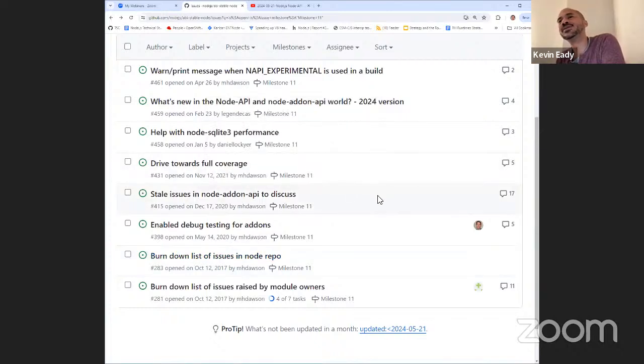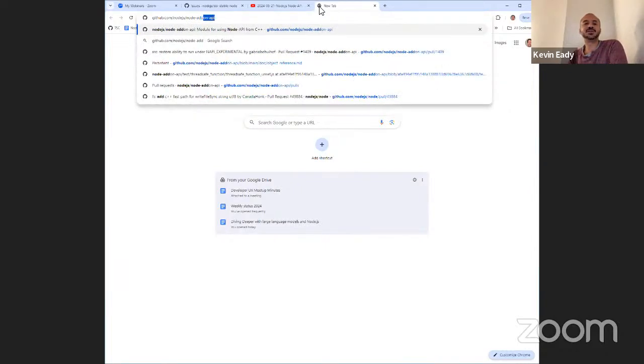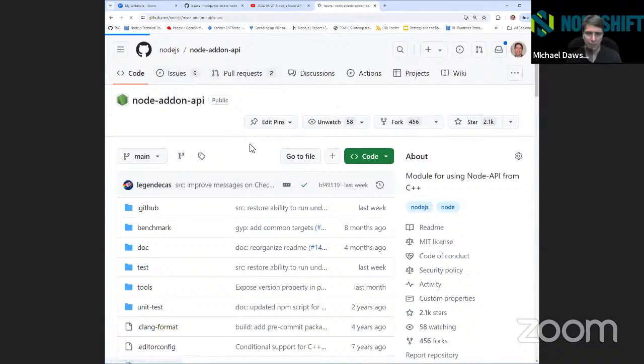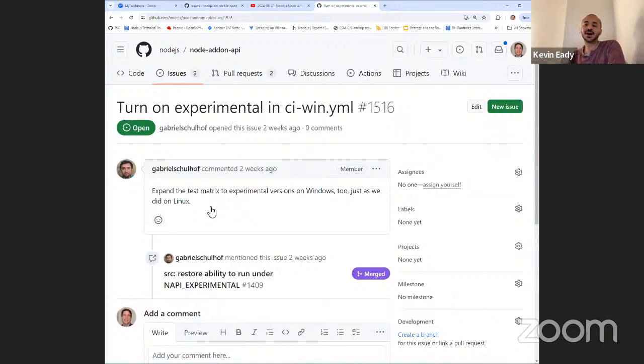Okay. I noticed, because Gabe made an issue, that we're not doing experimental in Windows, which we discussed, I think, last week as well. But I also noticed that our test coverage does not run experimental right now either.